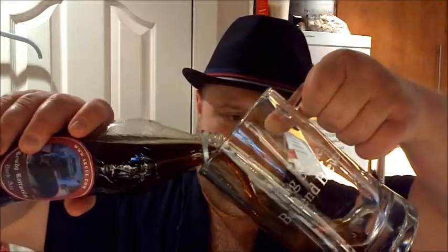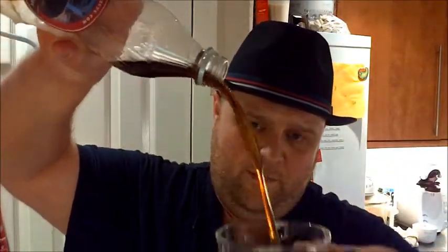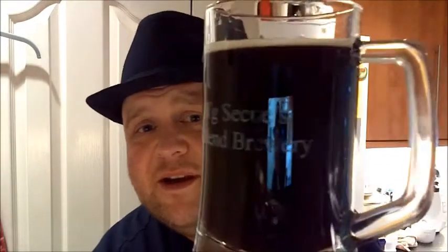Let's pour some down beer. Here she is. That never gets old. Medium carbonation. Let's see how she pours. There she blows. Big Secue's Bell End Brewery. A couple of the letters are moist, so they're not showing up as well as they could do. But anyway,